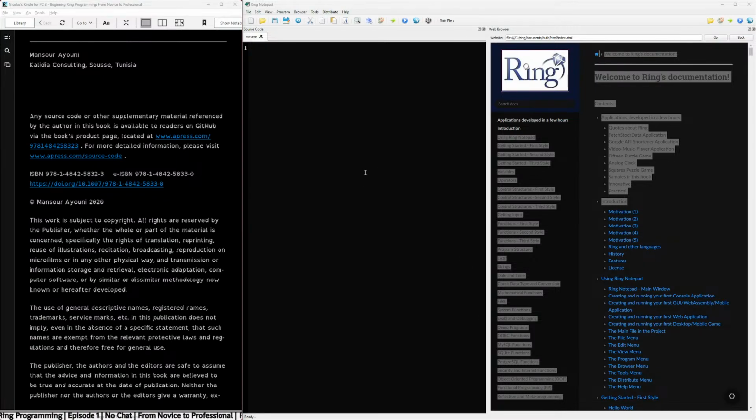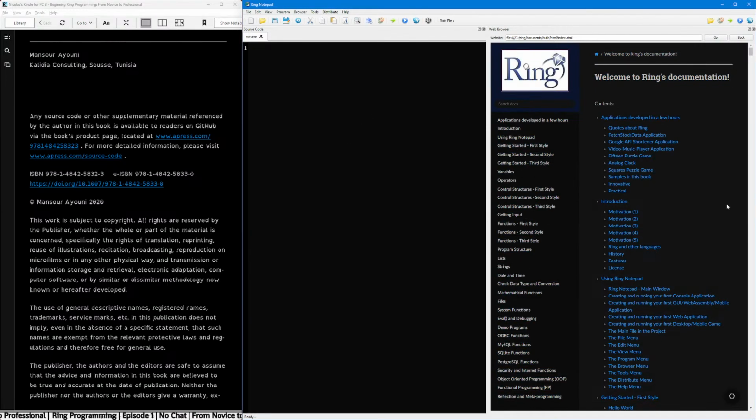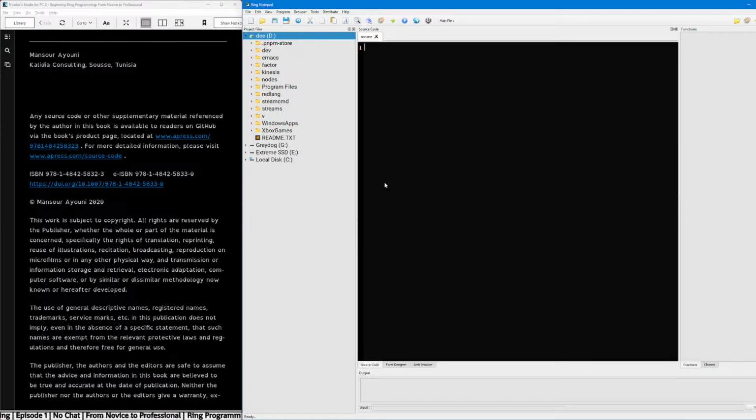All right, so this is episode 1 of the Ring programming language. And if this all works out, this language comes with like everything. It has a dedicated IDE that it comes with. I don't even know how to describe it. It just has so much. It's like GUI libraries built in, form builder built in, all kinds of stuff.